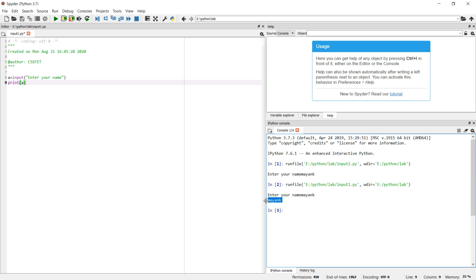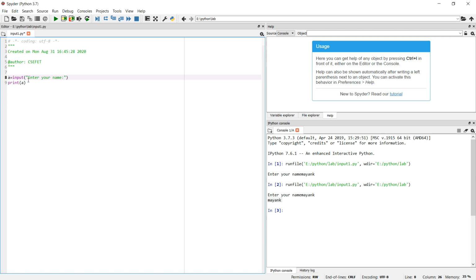Now let's talk more about this input function. The syntax of the input function is input. It takes up whatever we give it as an input and assigns it to the left hand side variable. If we write something in the brackets of this input function, it is printed into the output screen. To make it more clear, we give it enter your name colon, so that we come to know that we are entering after the colon, and whatever is entered is stored in the variable which is on the left hand side.